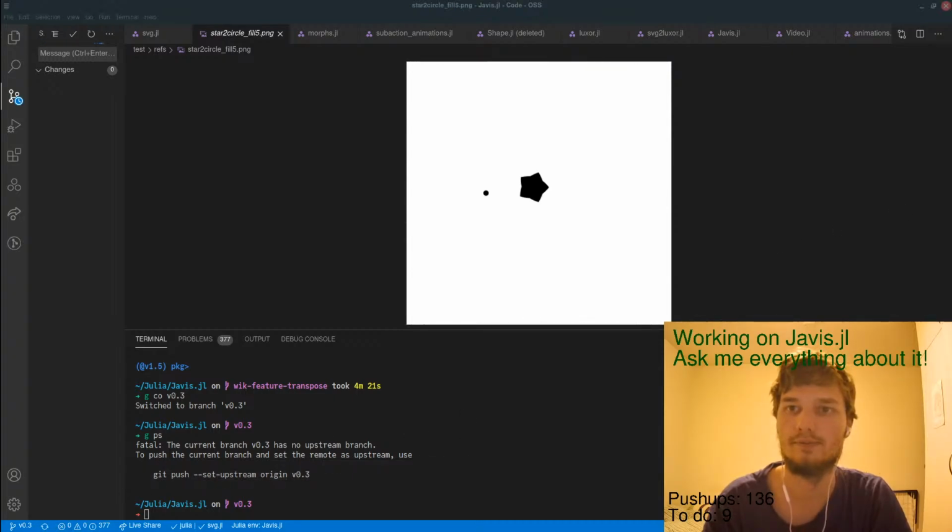Push that as well. I think I have enough disk space for now.